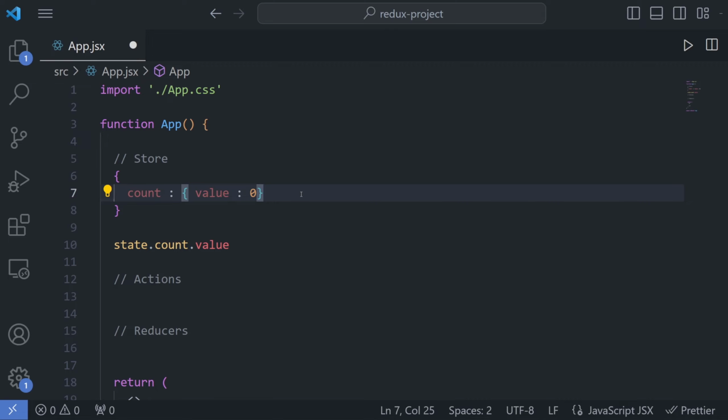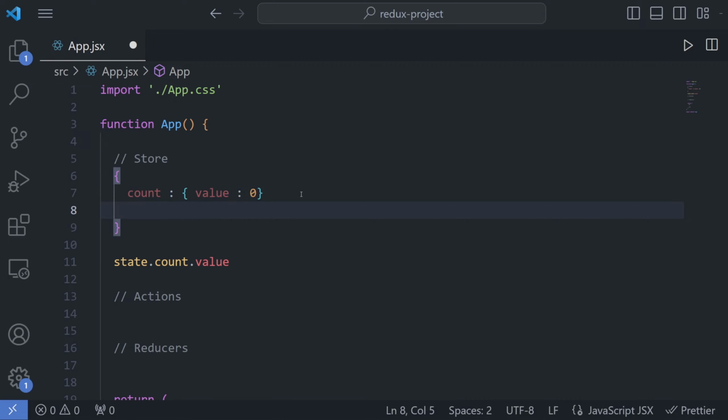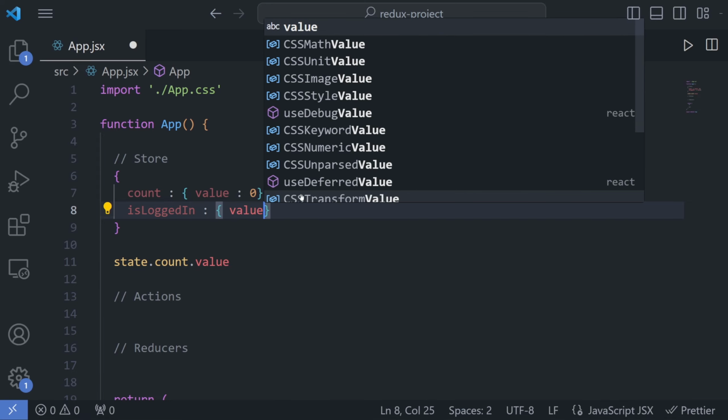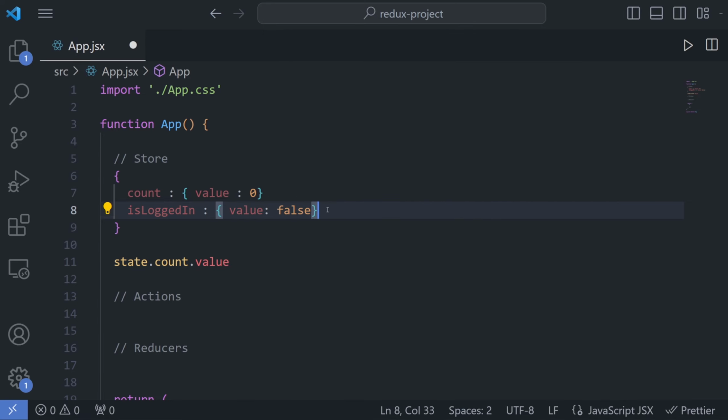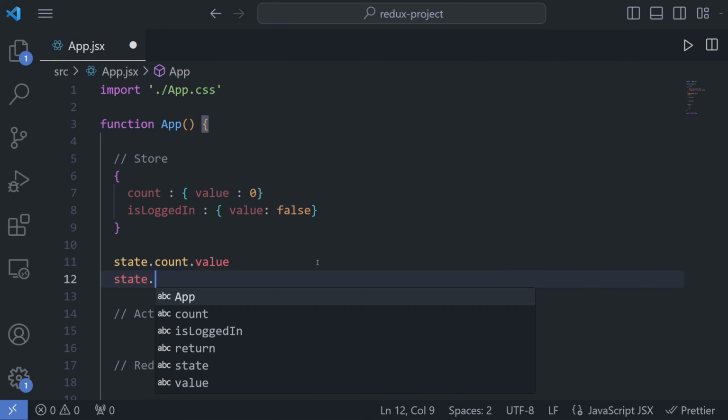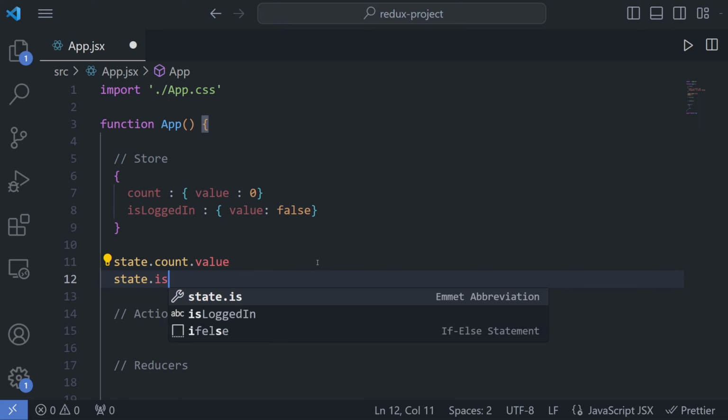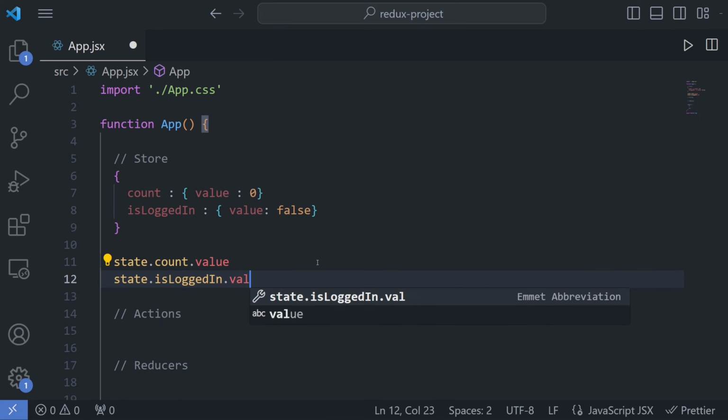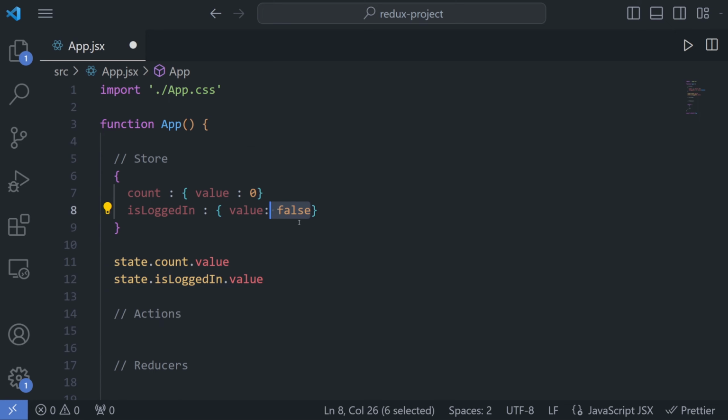As another example, if we wanted a piece of state called isLoggedIn, we could type isLoggedIn, have it as an object, and say an initial value of false. If we wanted to access this from the store, we could just type something like state.isLoggedIn.value,